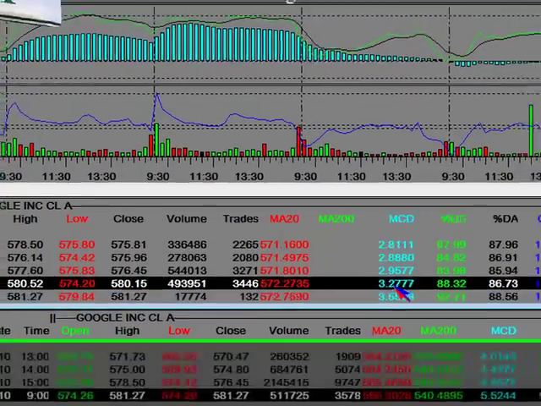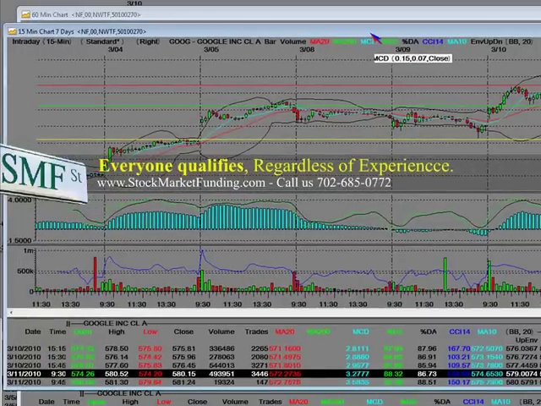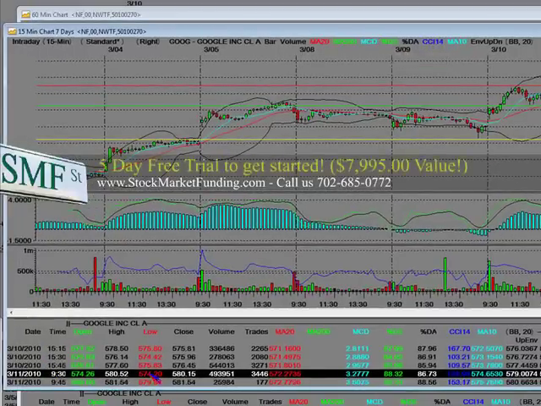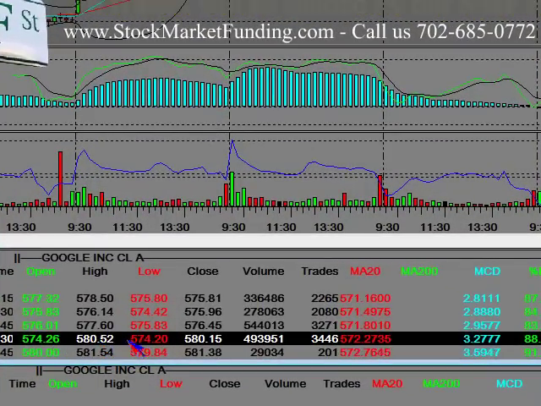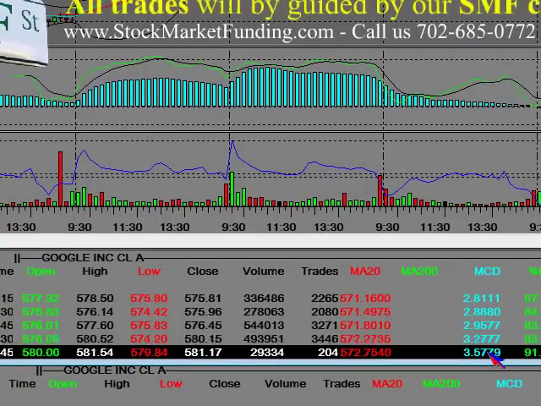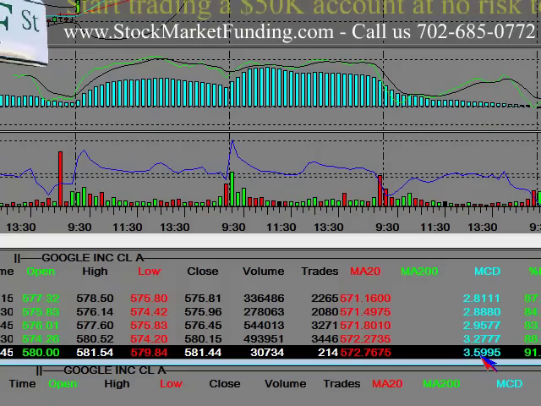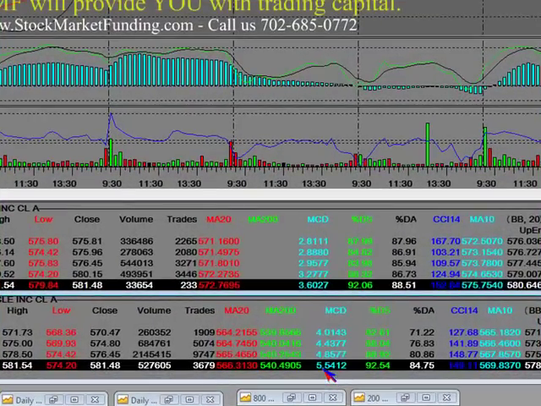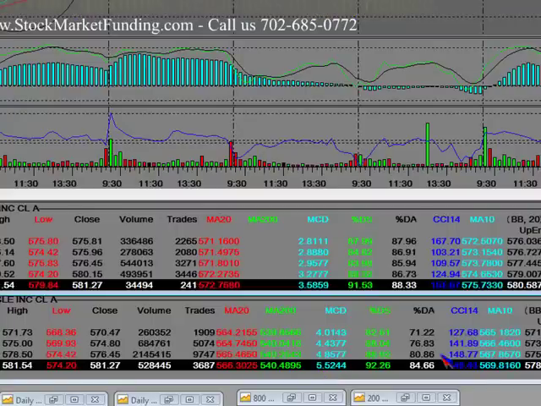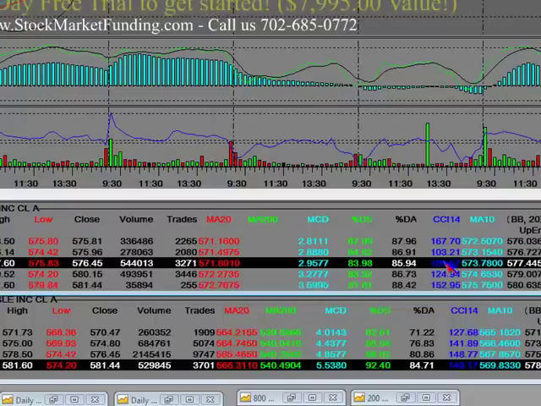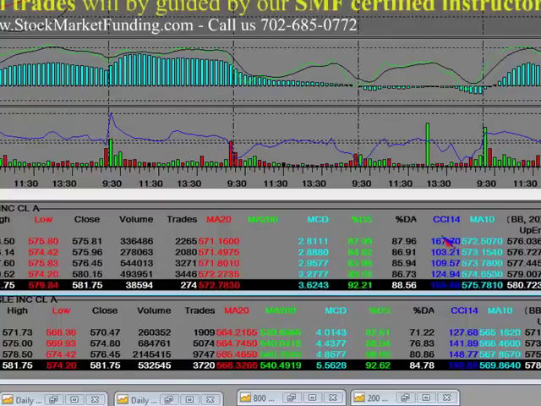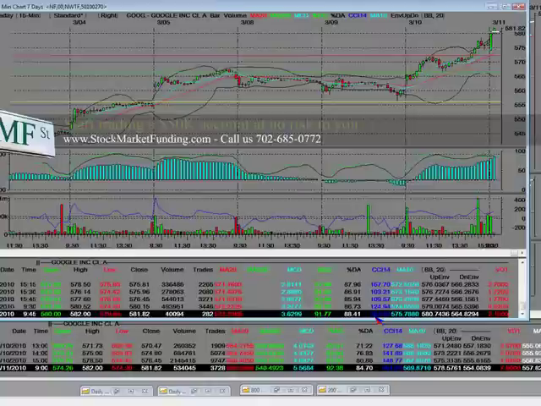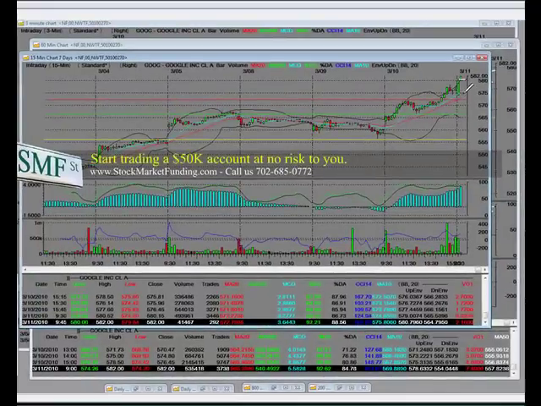3.2 was the last opening bar at 9:30. It tells you down here the time, 9:30. It tells you the low, and it also tells you the high. When we look at the next one, we want to see that that MACD keeps increasing. As long as it's increasing, going higher, you would stay in the opening bell trade. The CCI, which we see down here, went from 109, the closing bell yesterday, to 124, and as long as the blue indicator here continues to go higher,